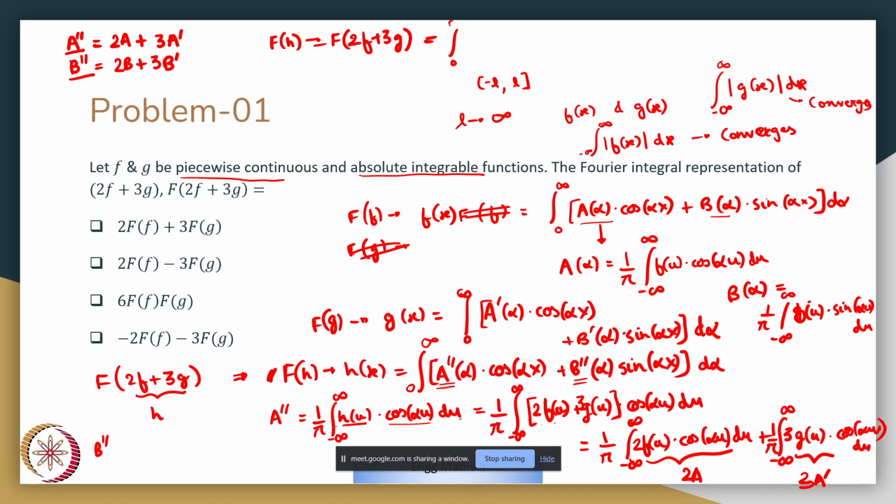So 0 to infinity a double dash of alpha cos of alpha x plus b double dash of alpha sine of alpha x d alpha. Now, if we substitute these two relations inside these brackets, I would get